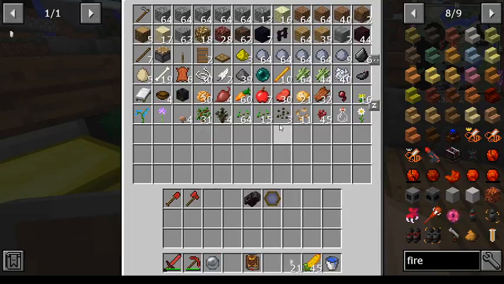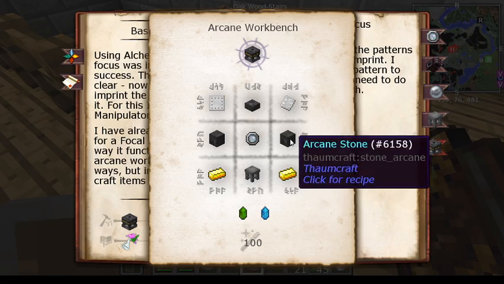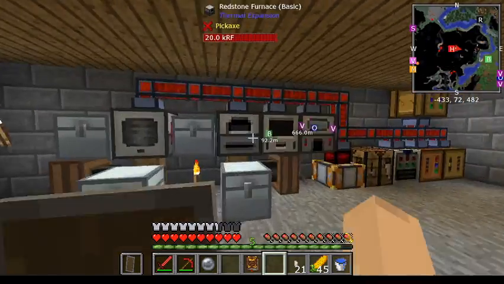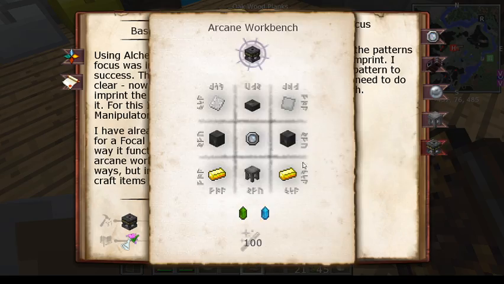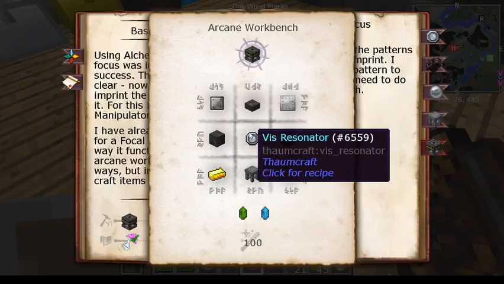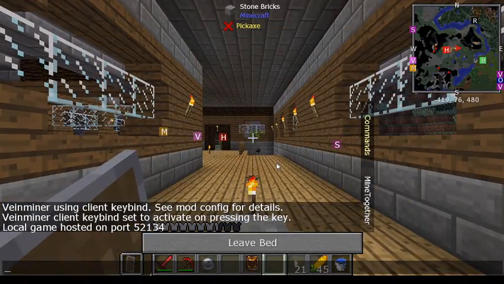For V. Okay. Let's see. Stone. I need 3 stone for the slabs and 2 for the actual table itself. Do I need any for the focal manipulator? I need arcane stone and slab, which I already have enough of. So yeah, 5 stone there. Let me grab what else I need. 2 arcane stone, 1 arcane stone slab, 2 iron plates, 2 gold ingots, and a V resonator, which is iron plate and another quartz. So we need 3 iron plates,